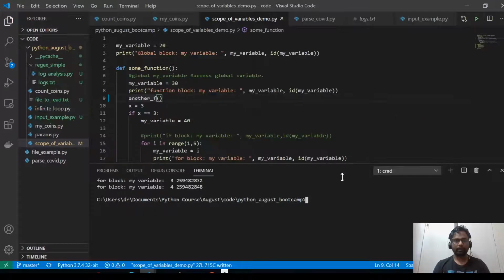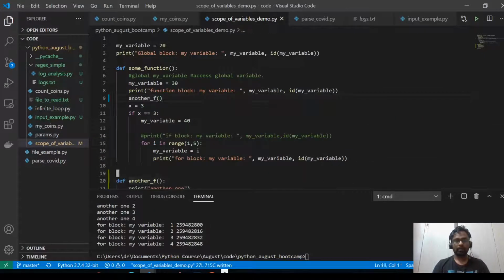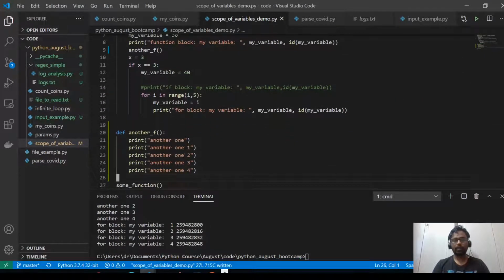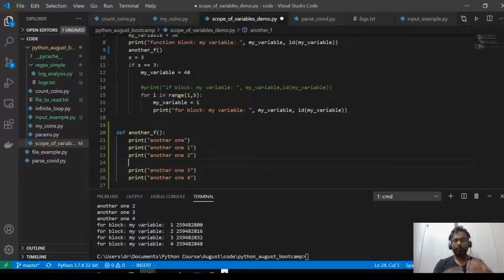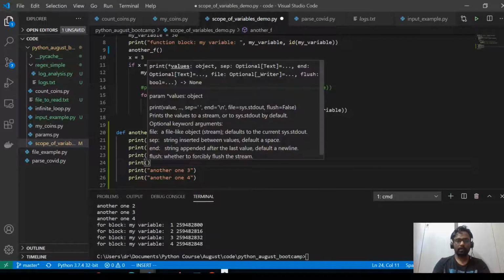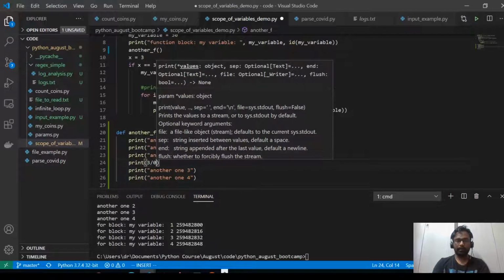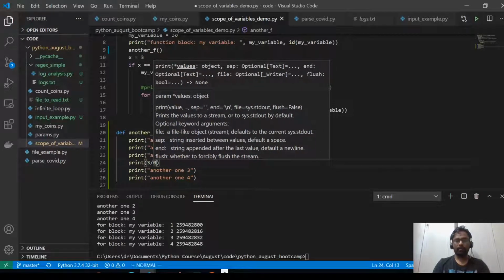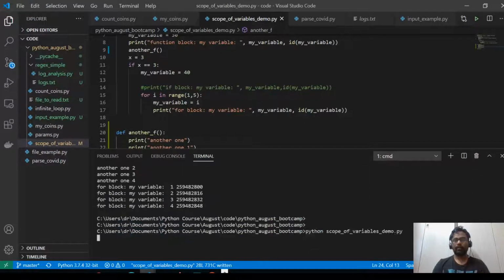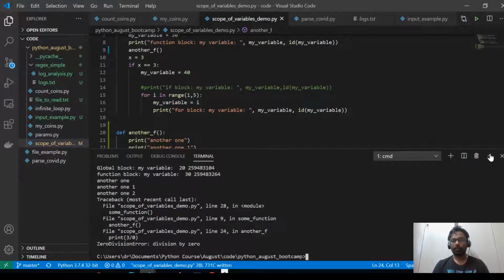Say, for example, what I'll do is I'll try to put a statement which throws an exception. Say, for example, I'll put something like print 3 by 0. Okay, let's see what is happening. Now you see that